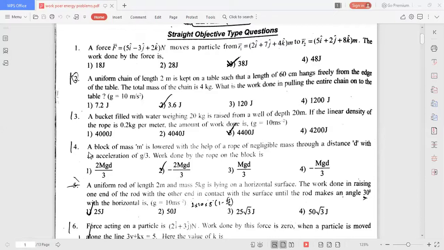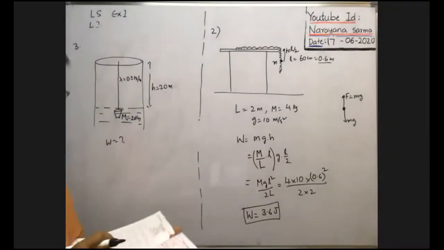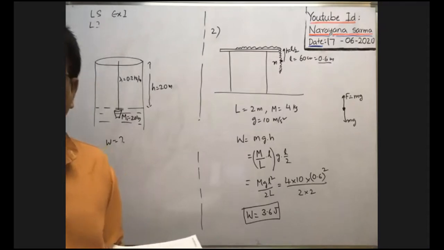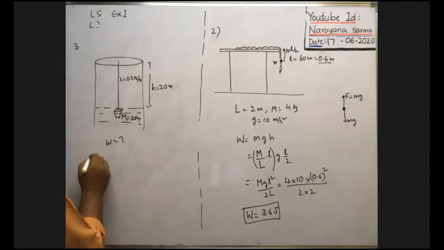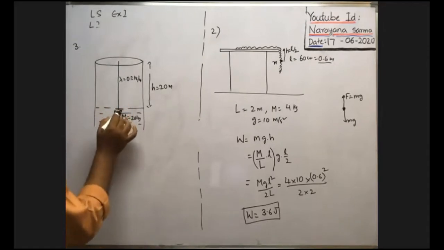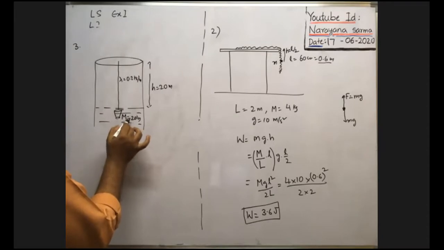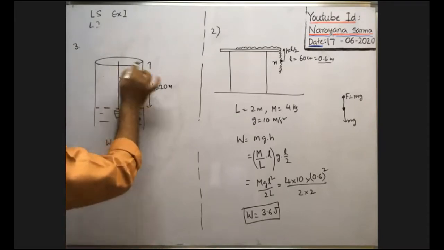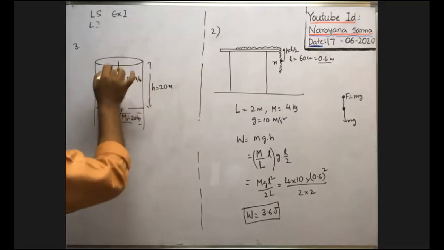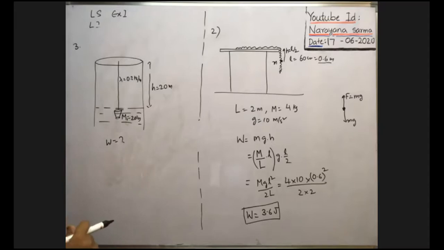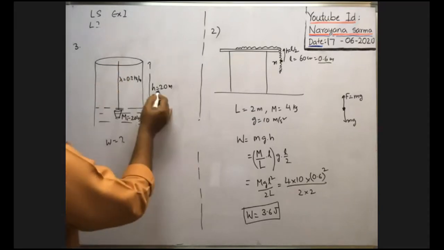Okay, I think you have seen the problem. Now all of you look at the board. Yes, 4400 joule. Very good, Rakshit. You see here, work in order to lift the bucket with water. Here the mass of the bucket with water is given as 20 kg. To lift the water from the well of depth 20 meter, definitely there must be a rope of length 20 meter. Otherwise, we cannot lift the water from the well. That's why the length of the rope taken is equal to 20 meter.